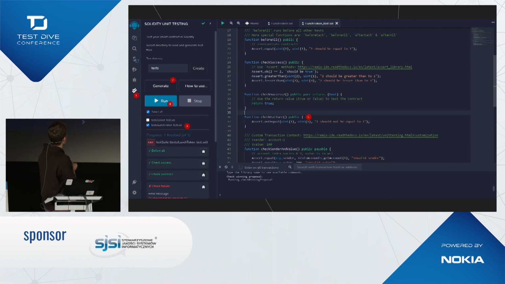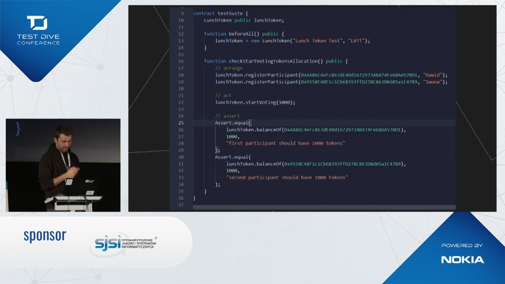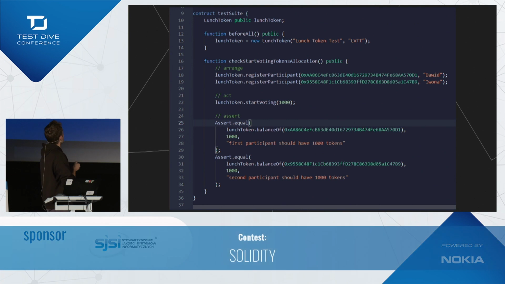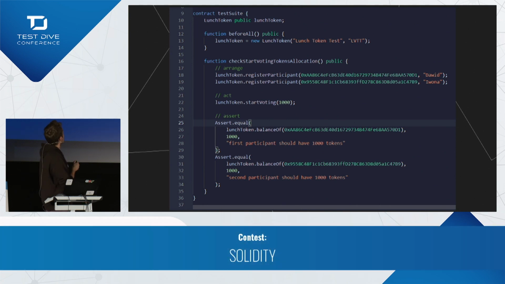And here you can see one fail. That's because one of the methods in the boilerplate is designed just to fail, just to show you how it looks. And here we have the first test. So we are checking if tokens are allocated to the registered participants. We have 2 of them. That's actually my Ethereum addresses. So if you want to send me some Ether, feel free, or your token when you create one.